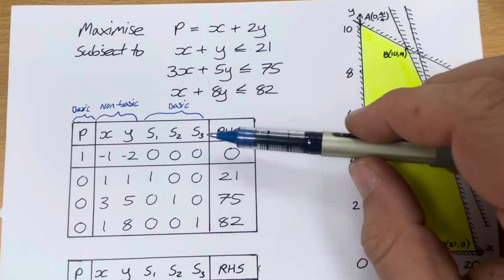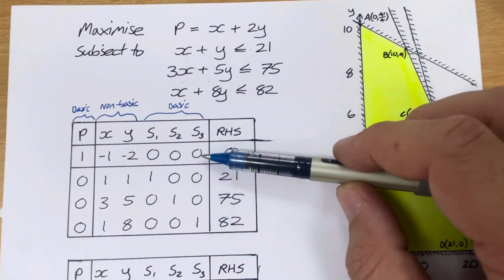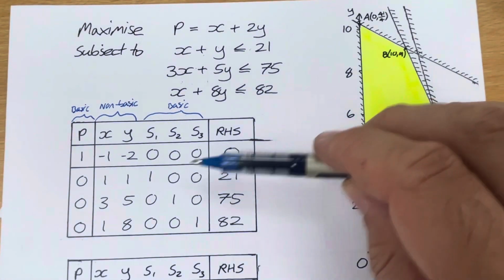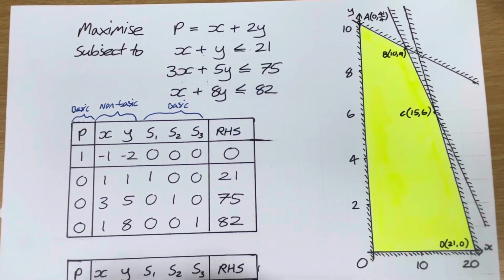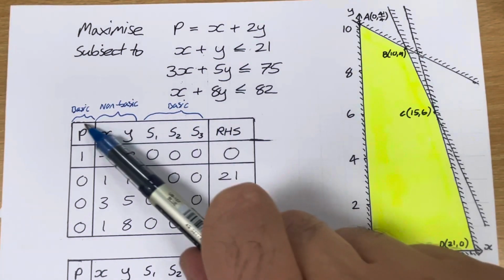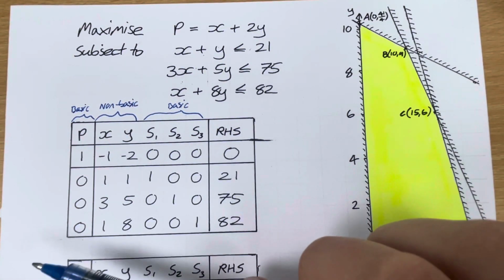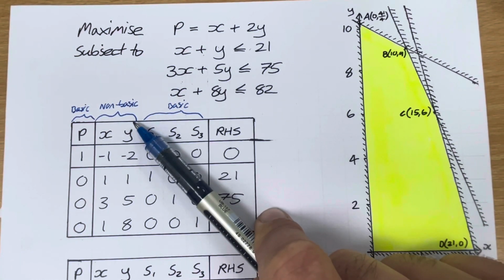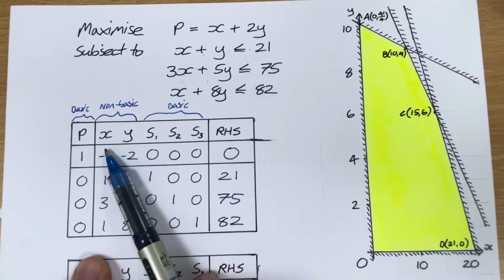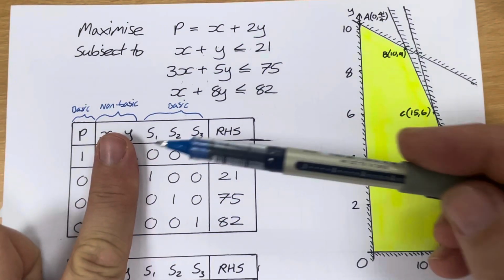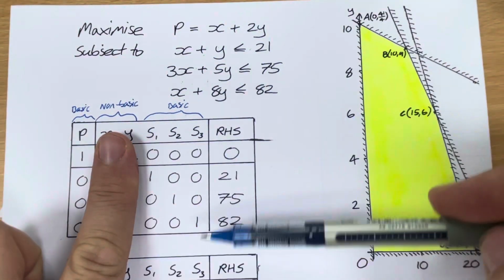Now, what this table represents is 4 equations in 6 unknowns: 1, 2, 3, 4, 5, 6. 6 unknowns, 4 equations, which means that mathematically we have 2 degrees of freedom. We can choose 2 of these variables to be any value, and that will then lock in the other 4 values. So what we do is we choose values for the non-basic variables, because the non-basic columns are the columns that are full of junk. If we omit those 2, then what we are left with is a 4x4